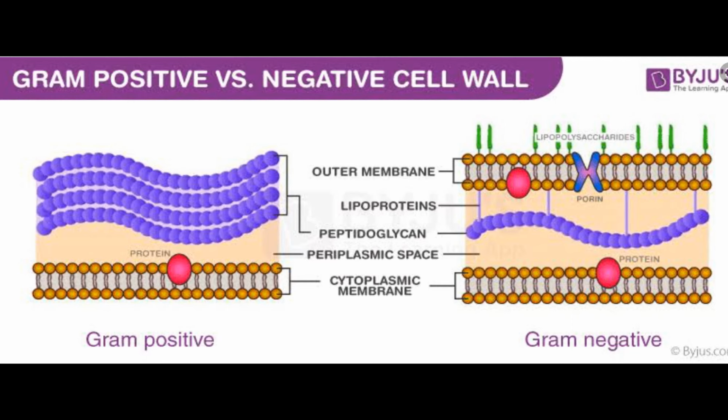Gram positive only has an outer layer composed of peptidoglycan, while in gram negative we have many structures. There will be a periplasmic space, then the peptidoglycan will be thin layered, and there are lipoproteins connecting to the outer membrane, and then we have lipopolysaccharides, LPS, on the outer membrane. Then we have porin channels. So these things are only in the gram negative. Porin channels, lipopolysaccharide, these are responsible for antigenicity, and lipoproteins.